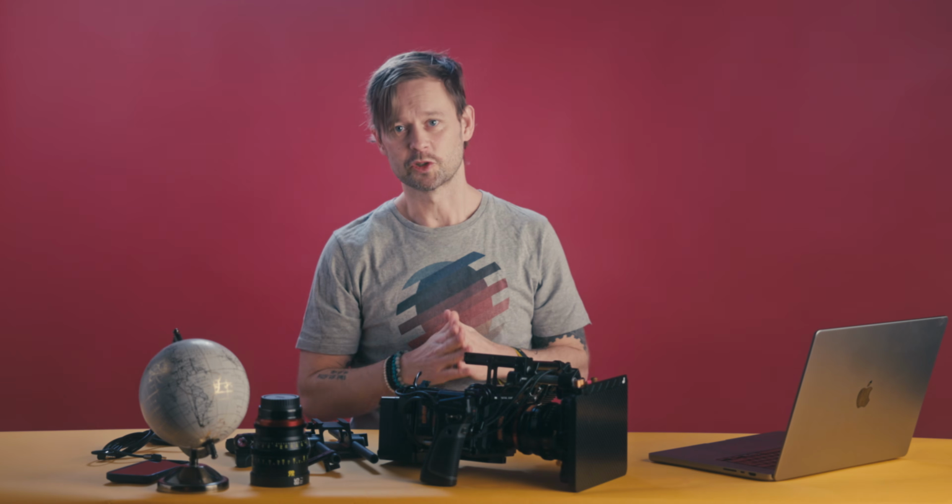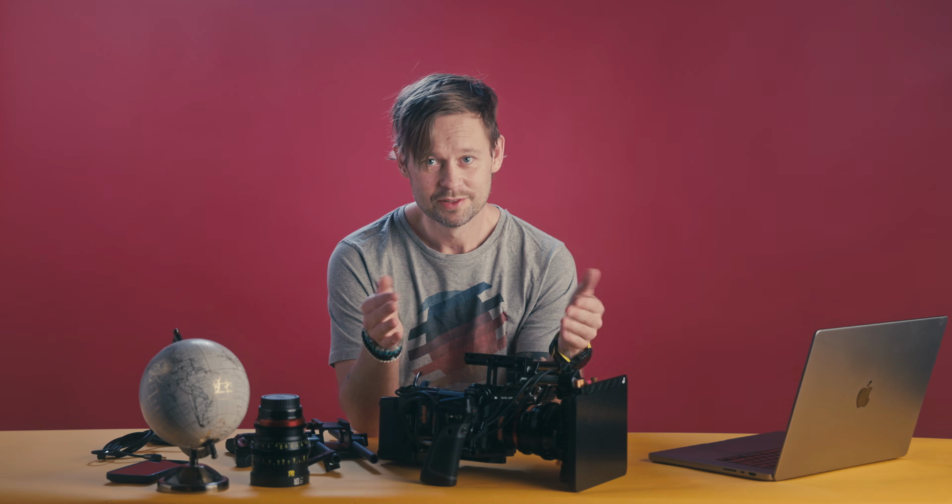Before it was mostly like putting up a big softbox light in front of the face, lighting the face, and boom, clap, and you're done. So if you want to get inspired to learn a new way of working, this camera might be good for